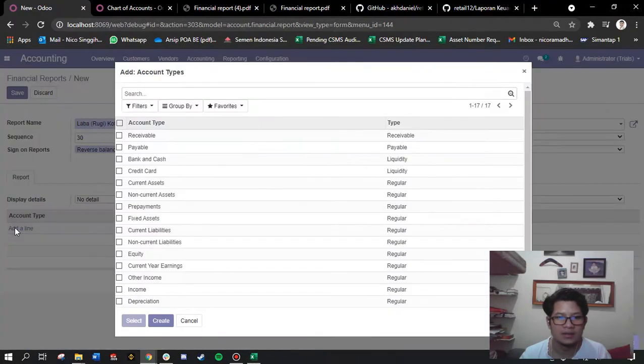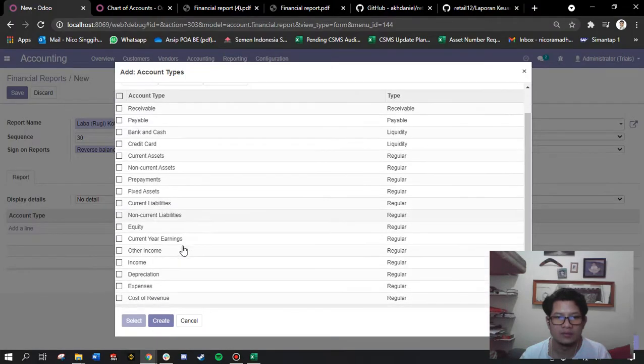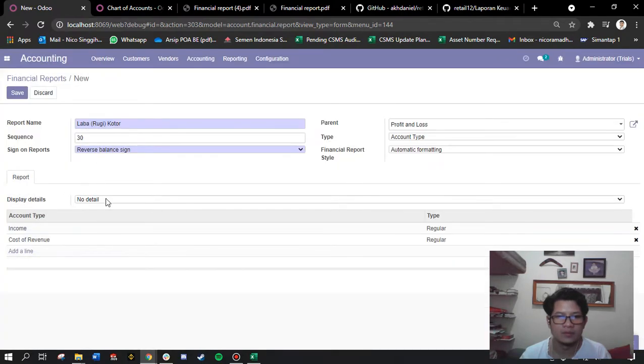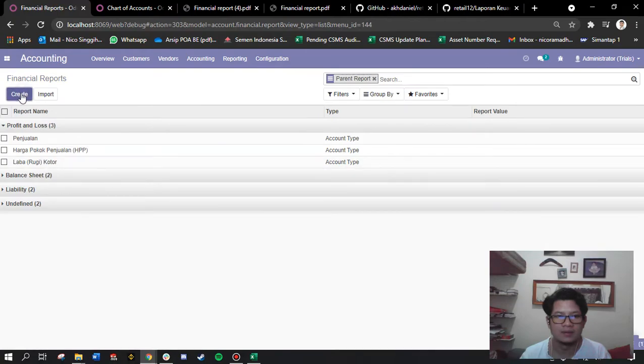And then add the line there. The line is income and cost of revenue, so we have the income decreased by the cost of revenue. Just make sure everything is in correct order and go save. And we're gonna add another line here, another body report,